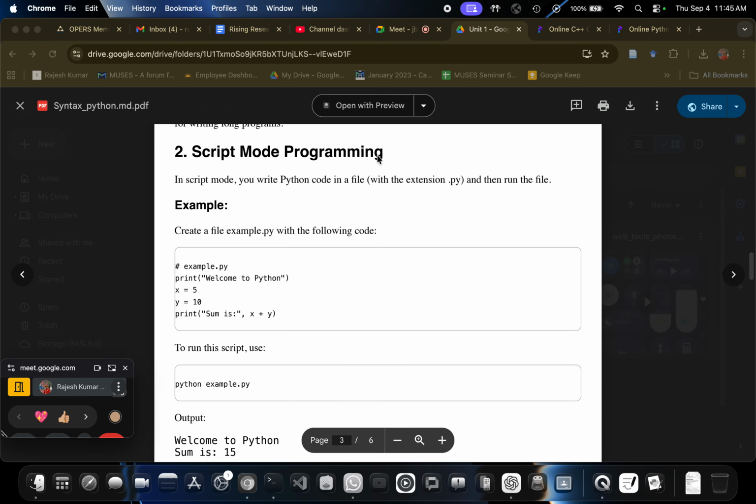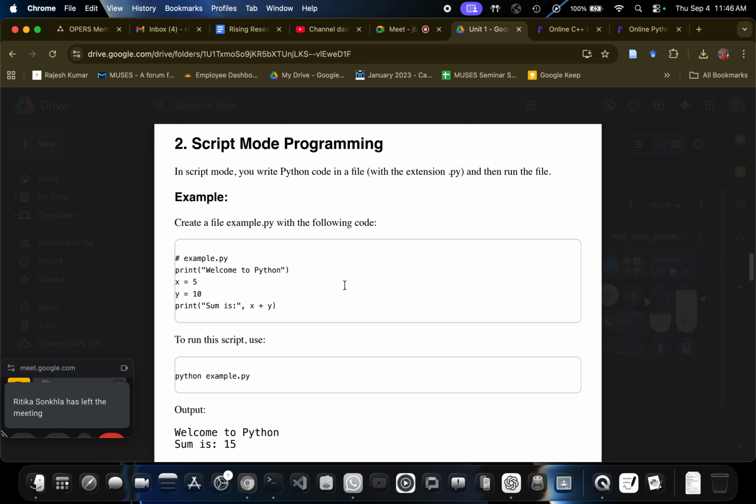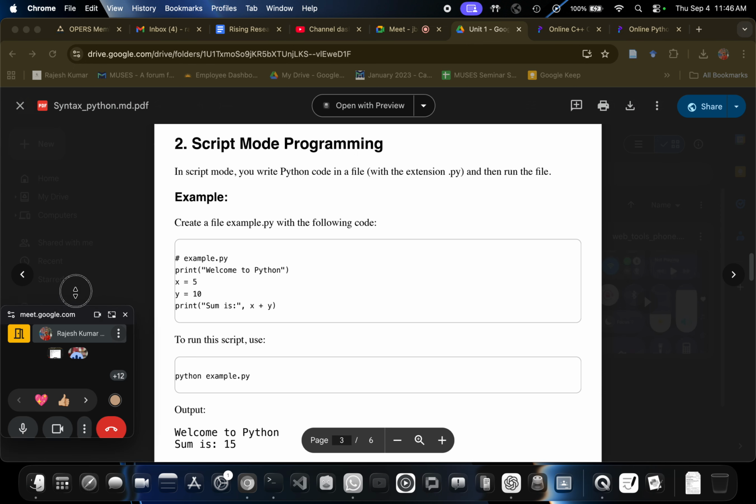In the script mode programming, what we do is write a Python code in a file with the extension .py, the way I did, then run the file. So I wrote this whole thing in my script and saved it as a .py, and then I run this script using this command.